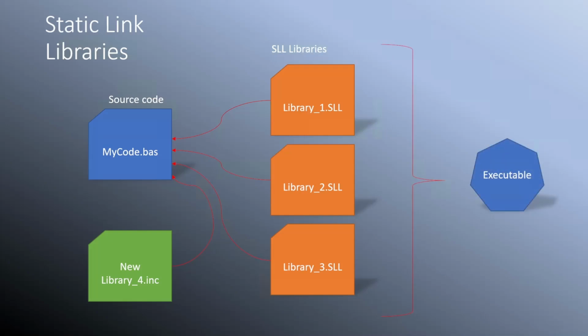So this is what we're going to do today. We're going to take the source code that produced our dynamic link library, and we're going to turn it into a static link library so that the functionality of our message box can be compiled directly into any application. So let's go now and have a look at the code.